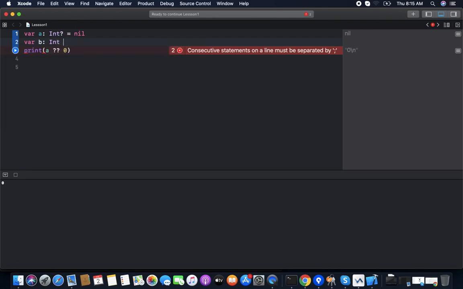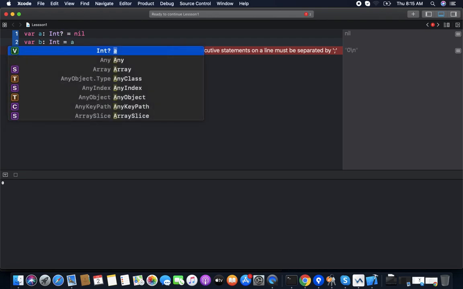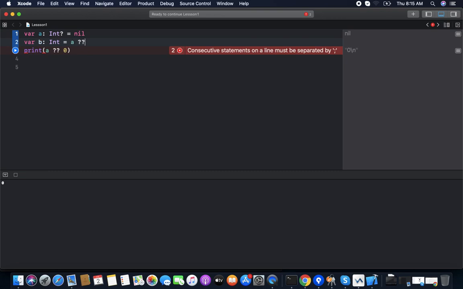We want to assign the value of a, but a is an optional, it can have a value or not. So we provide a default value to it, and now print b. You can see it's nil, so it returns 0, but if it has some value, then it returns the value.